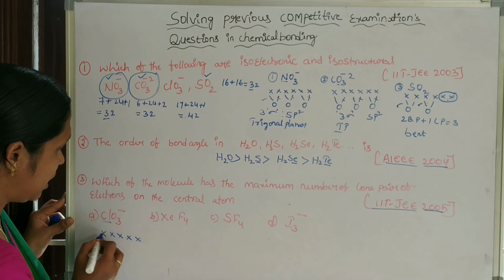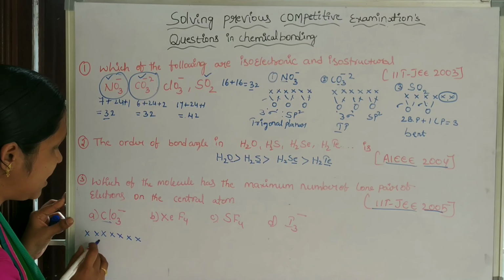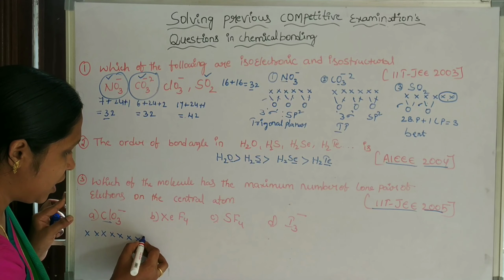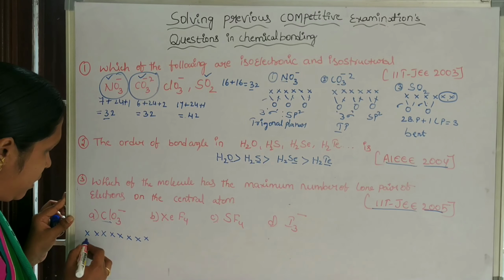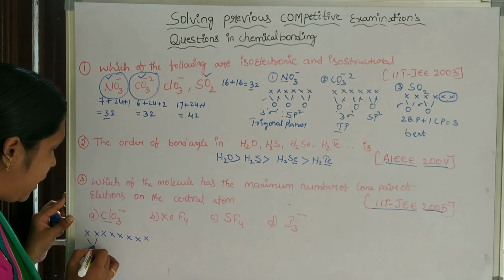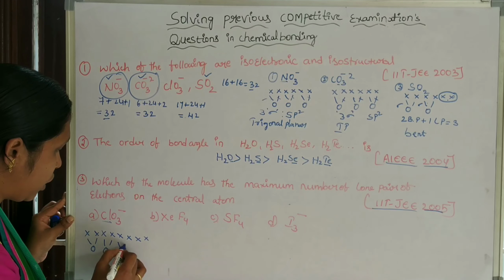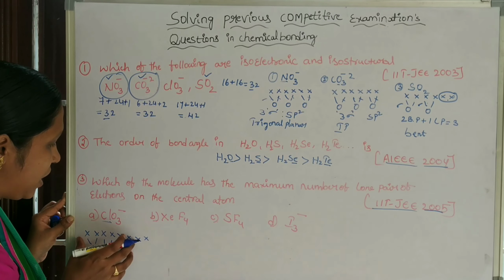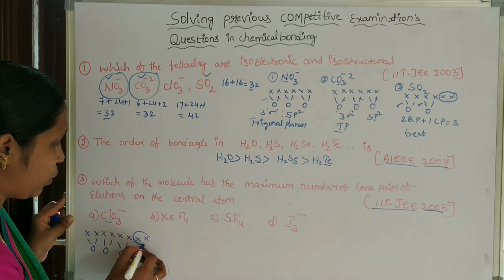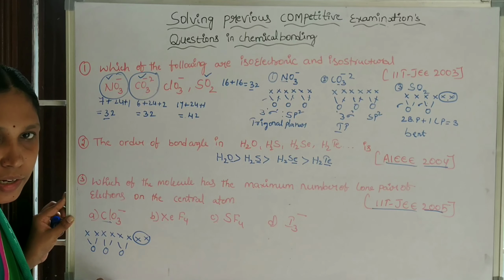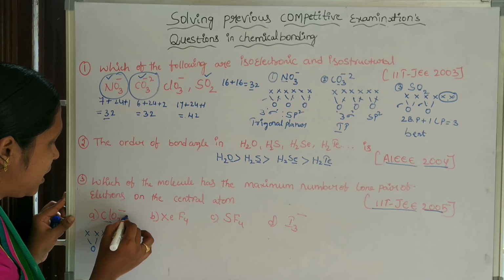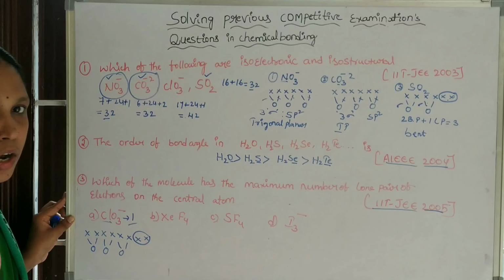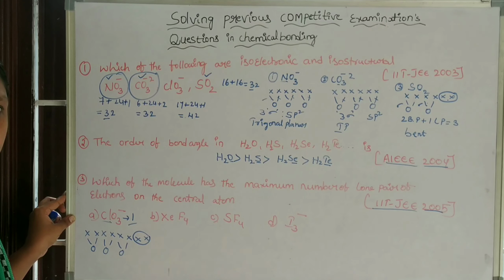So it has 7 valence electrons, and the molecule carries 1 unit negative charge, so add 1 more electron. See, each oxygen combines with 2 electrons. Here 3 oxygens are there, so 3 oxygens are combined with 6 electrons and the remaining 2 electrons act like a lone pair. So ClO3 minus has 1 lone pair.